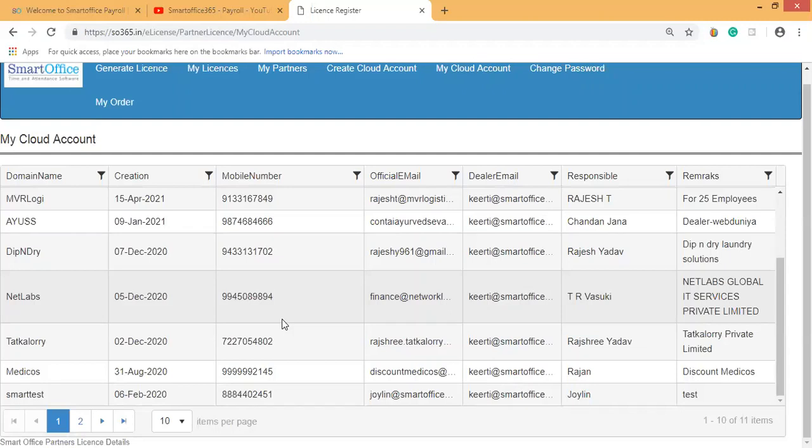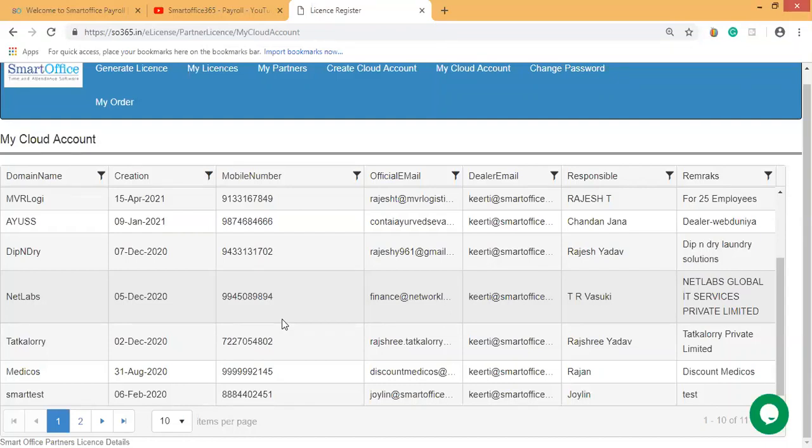For all those who have created a cloud account, I'll get to know in this option, that is my cloud accounts, so that it is easy for you to track. And it is also easy for us to track, since we will be having the admin portal. As soon as you create a cloud account from your partner login, it is easy for us to track too.